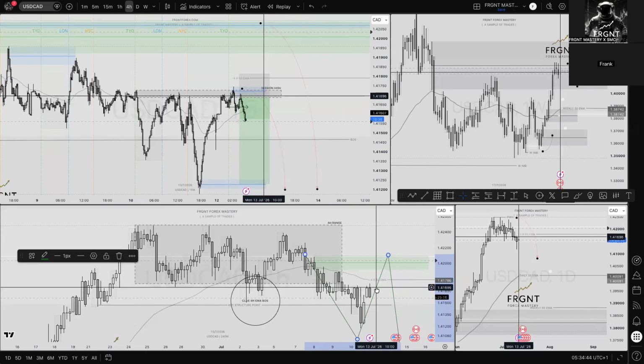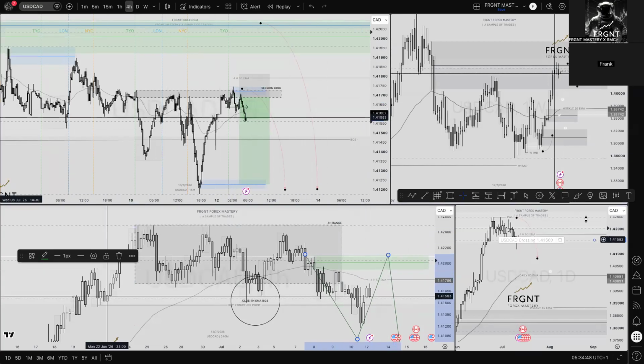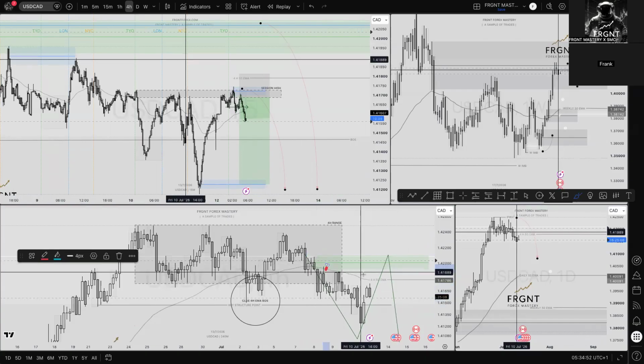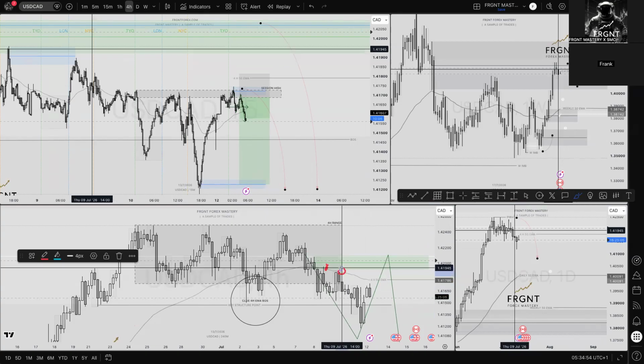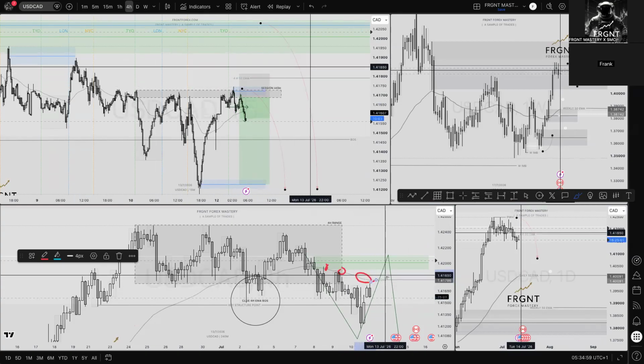Another reason that's given me the confidence to take this short position is where price action is relative to that 4-hour 50 EMA. As you can see, price action has tapped into the EMA once, rejecting it, tapped into the EMA again and rejecting it. We're pushing up into that EMA, and again, we rejected it.